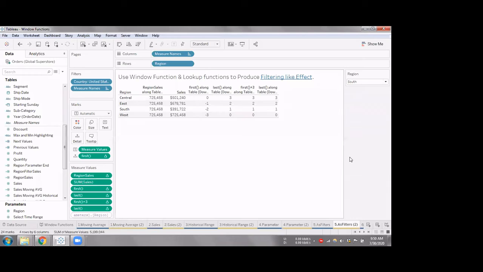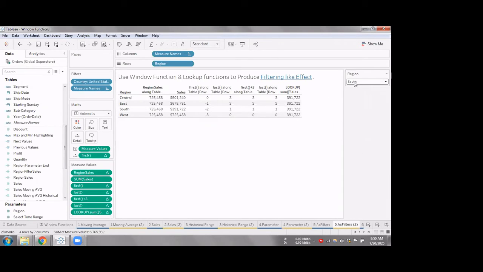If you do that, based on this, I've selected south, it gave me south sales. If I select central, it gives me central sales. So these two functions you can use with the help of parameters. You can dynamically produce a column like this to do comparison analysis.